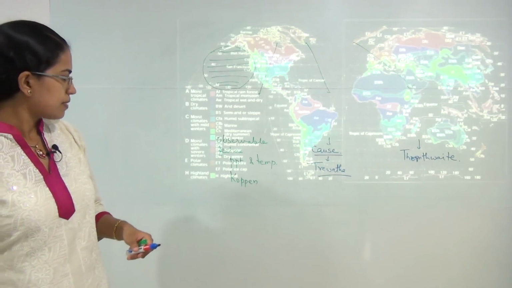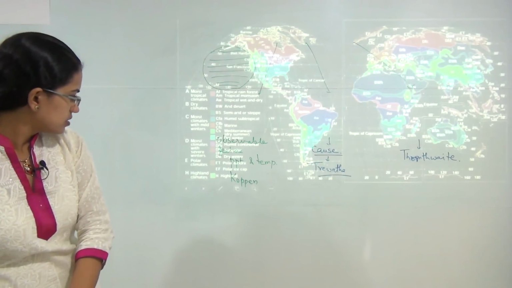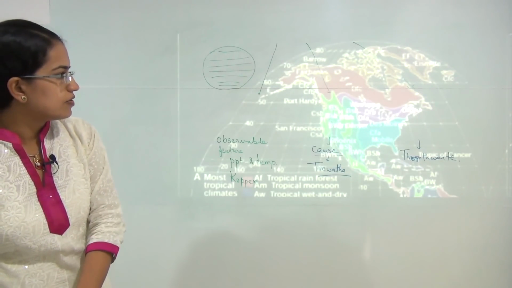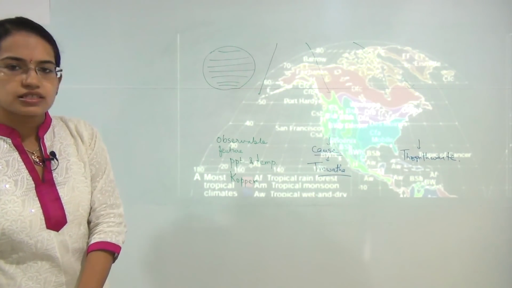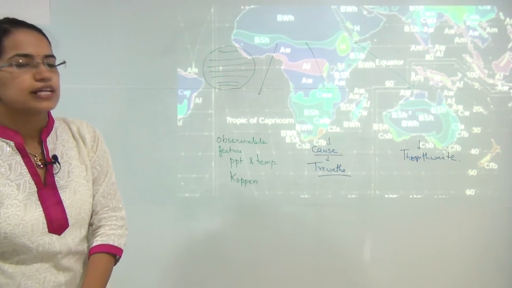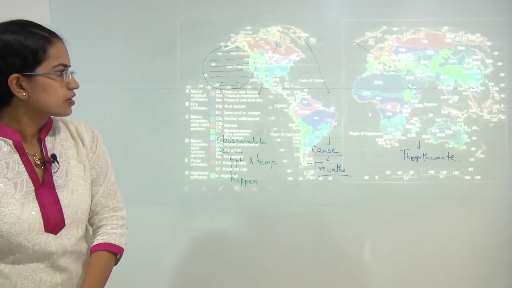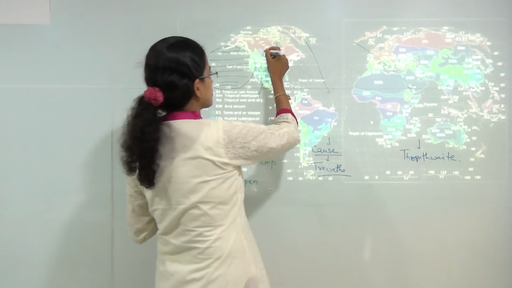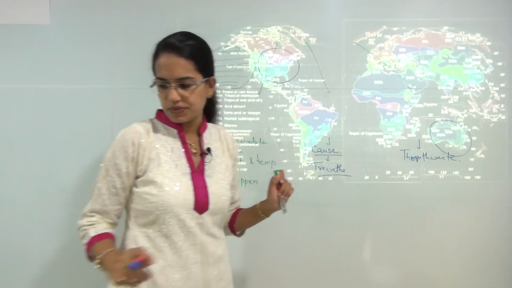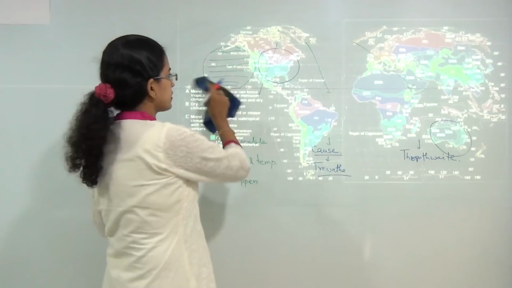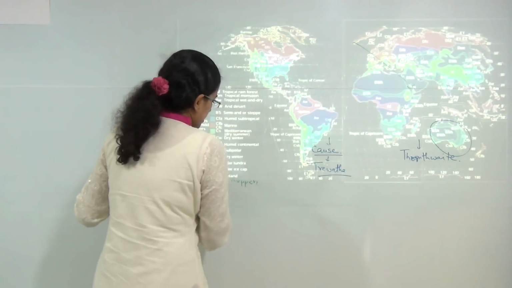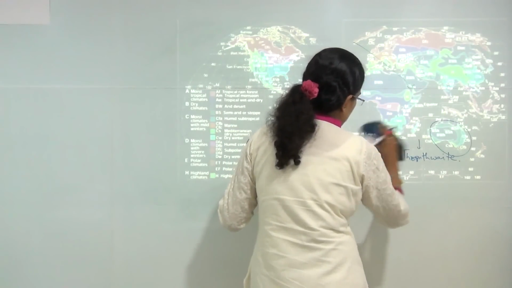As you can see in this map here, if I try to zoom it out, you have the one marked with green and blue here, and the same green and blue climate can be seen here. Across the globe, we have similar climates in this region and this region. What does that mean? Despite the geographical distances, they have a similar climate. And this is what Köppen tried to explain.